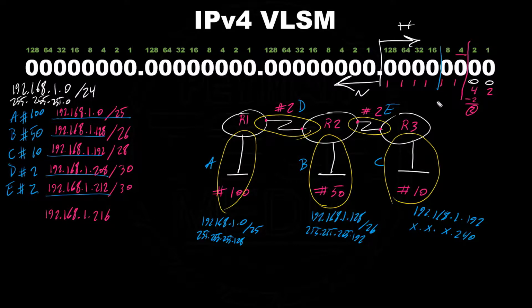And if the cut line is here, we have up to here number of ones, the rest of them 0. So we have 4 ones and 4 zeros. So 128 plus 64, 192, plus 32, 224, plus 16, 240. So if the cut line is here, it is 240 here. And of course, the CIDR notation, if the cut line is here, 8 plus 8, 16 plus 8, 24, 25,